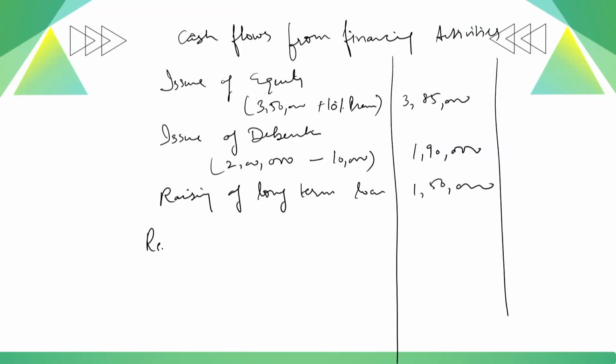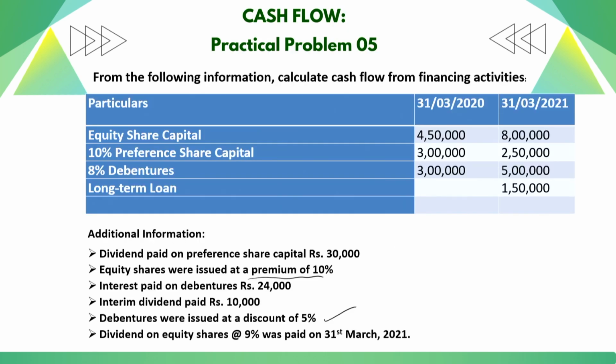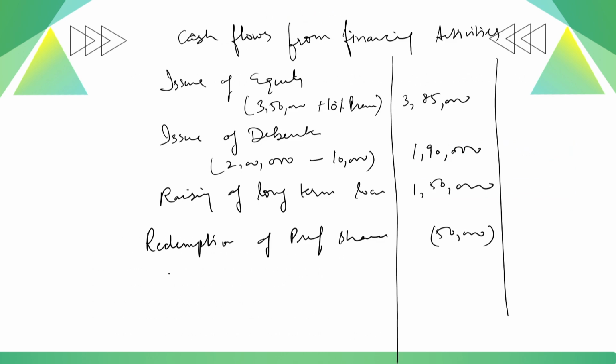So, redemption of preference shares 50,000. Then we also given the dividend paid on preference share capital 30,000. Preference dividend